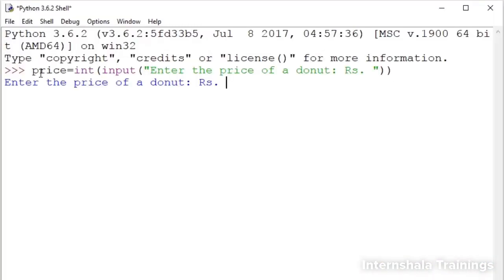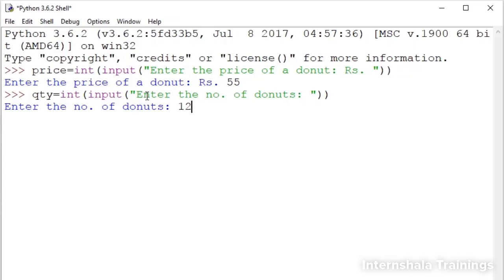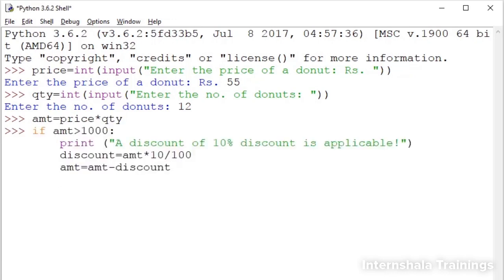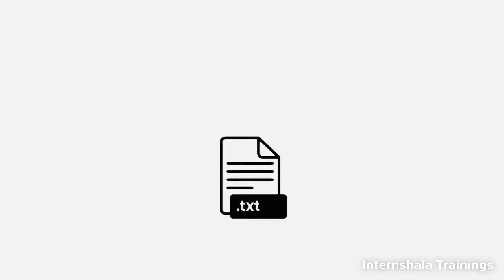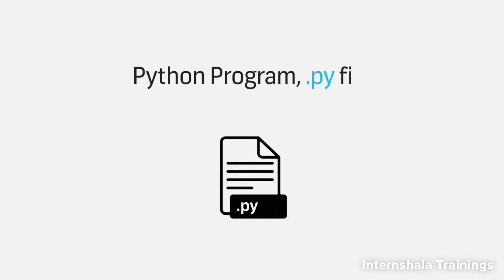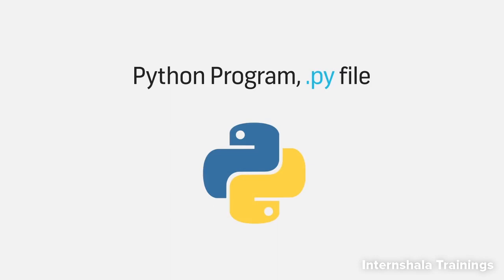So far in this training, we have learned to execute Python statements in interactive mode, that is, from the Python prompt using the tool IDLE. The interactive mode is a good way to try out the language syntax and get comfortable with Python. However, the interactive mode is not suitable when it comes to automating certain processes. Instead of writing and executing one statement at a time from the Python prompt, it is better to store all statements in a text file with .py extension. This script is normally known as a Python program. We can execute it from the command line or from the run menu of IDLE.